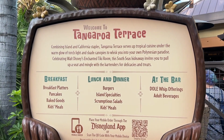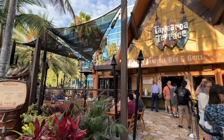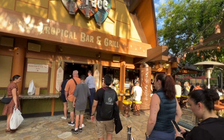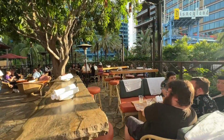Let's talk food and drink at the Disneyland Hotel. Tangaroa Terrace is the pool bar here, but it's an elevated pool bar. It's a lot of fun. There is a menu of food and drink at this pickup window here for outdoor seating, and then inside this